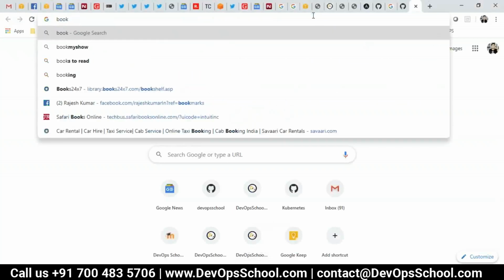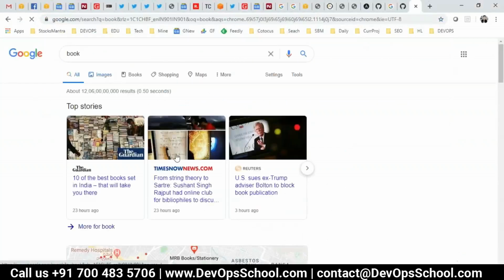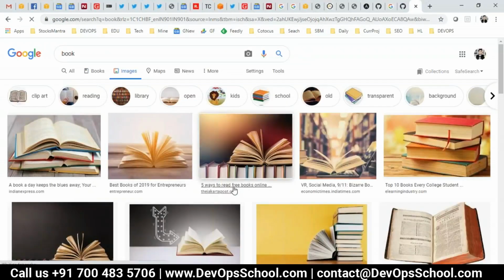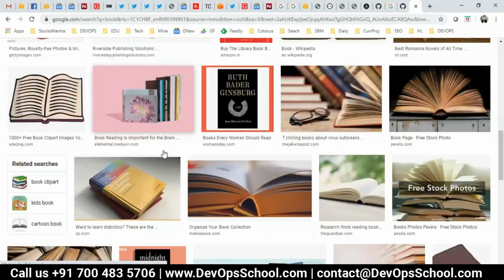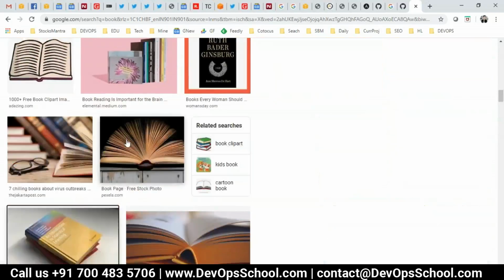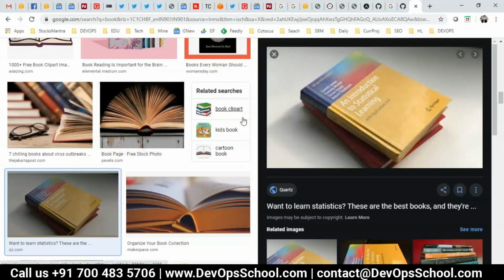Let's say book. Here, images, and this is the book. So any book, if you look at this, will have certain information about the book. What kind of information? The title of the book, author of the book, references of the book, some copyright statement, indices of the book, and also some preface pages in which it will talk about what will be covered, how to go about it, and all stuff like that.